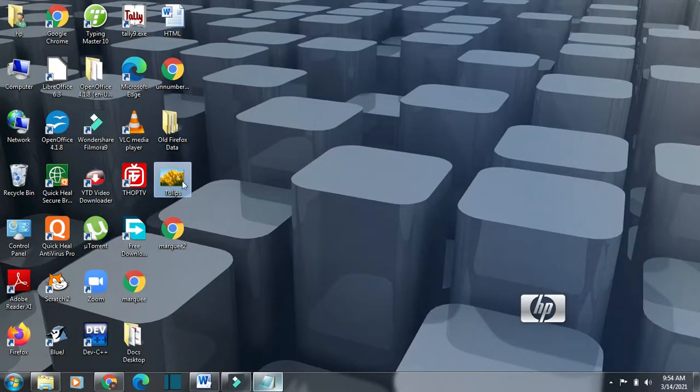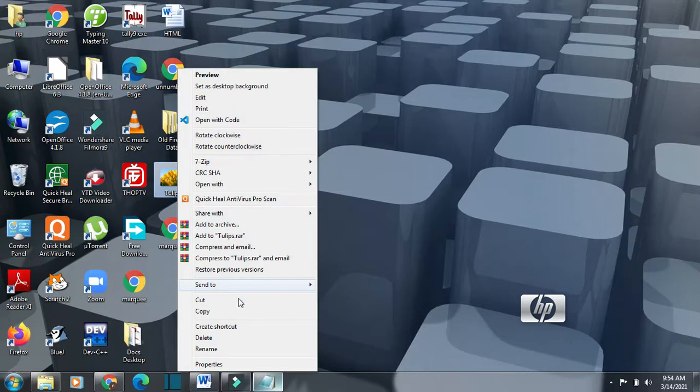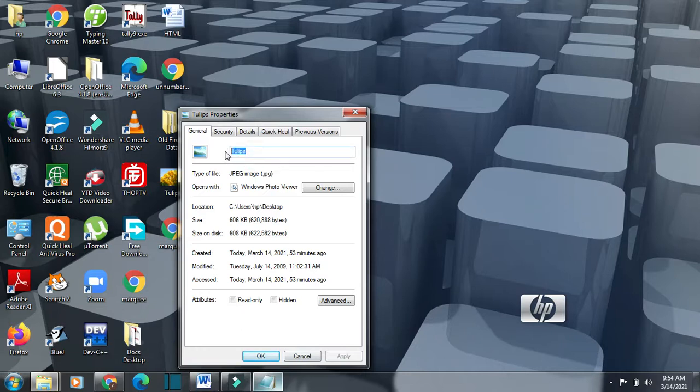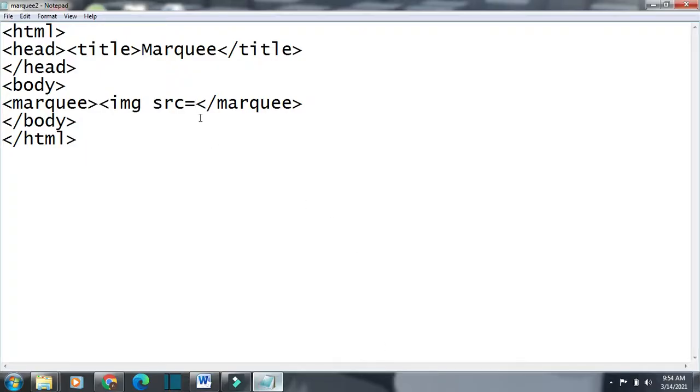Suppose I am going to use this image, so I want to get the name of this image. I will right click, go to properties, and from here I will get the name. This is the name, and the file is .jpg. So I will just paste it here. I have copied it from here, so I am pasting it. Tulips is the name of the file and the extension is jpg. It should be in double quotes.